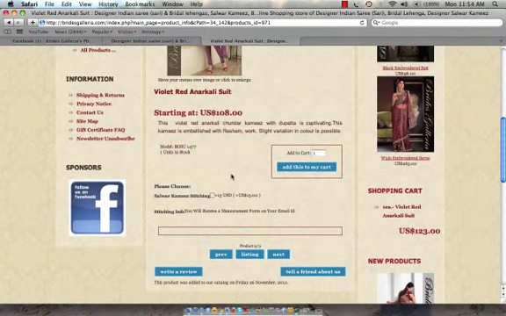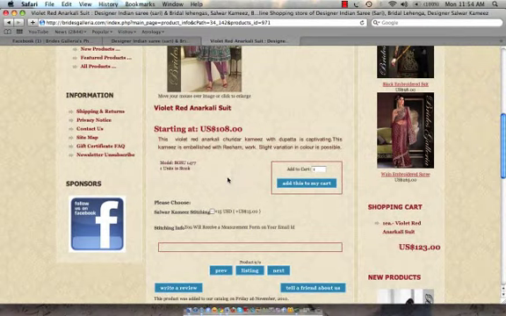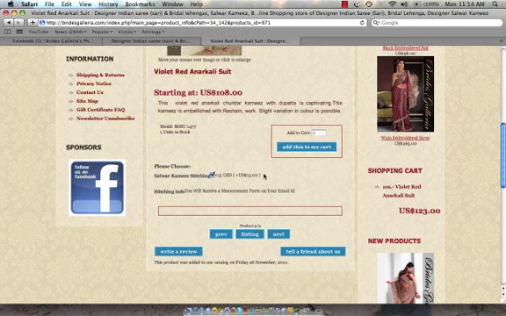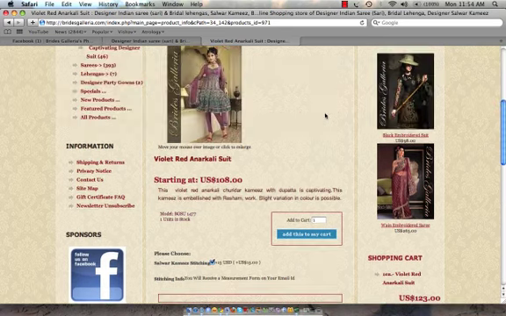Now if you want to order this and you want to get it stitched, you just click here, check this button, and the stitching amount will be added to your total. Here it is mentioned that you will receive a measurement form on your email ID once you order the product. So once you have confirmed your order, we will send you an email with our measurement form, and you can easily fill that up. It has a very descriptive layout. You can see the images and measure your body, and enter the measurements.